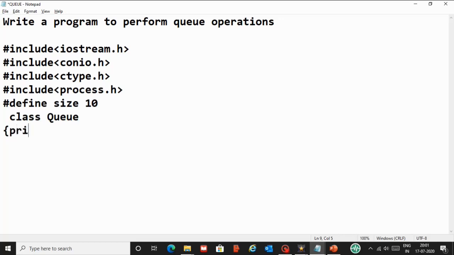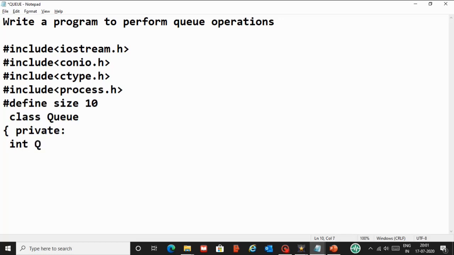So I'll say private. Private data is not accessible from outside, nor does it get inherited. It is accessible only to the member functions declared in the class. So private and colon is the syntax. Your colon is a must there, and you cannot have a semicolon over there. You need to follow the syntax of a language in order to write a program and execute it. So I'll say int